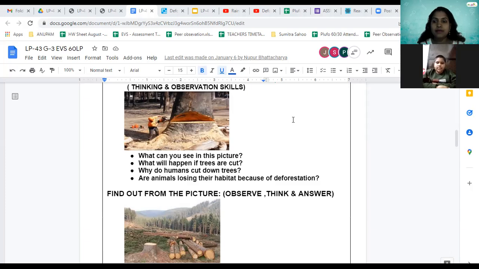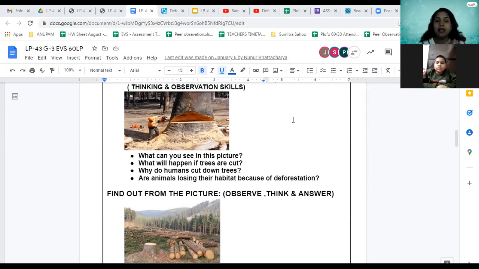Yes, ma'am. So what is the main reason why we are cutting down the trees? The humans. Maybe they need them for that. That's why they are cutting down, right? Ma'am, what are the uses of trees? So that means we are using them for furniture, for the wood. Then for the home also we are using the wood.